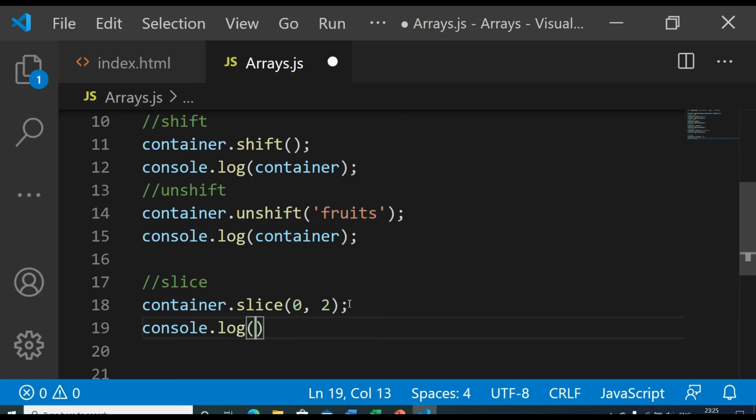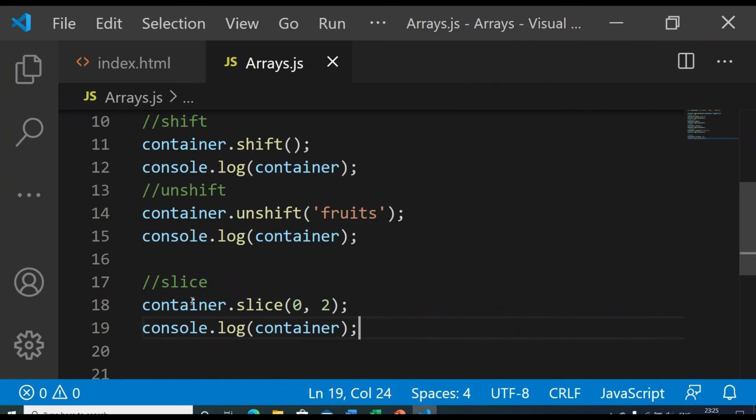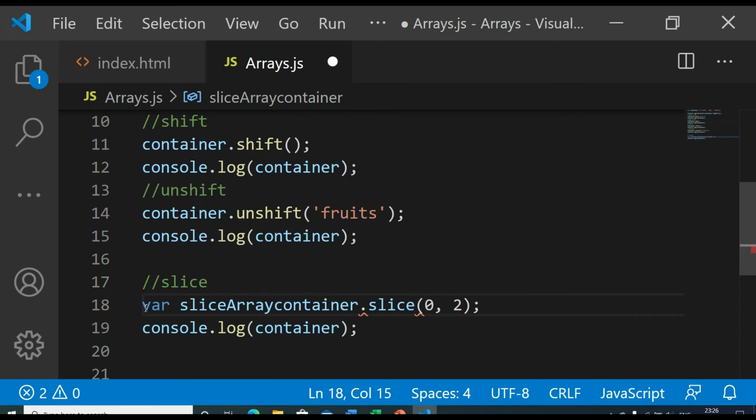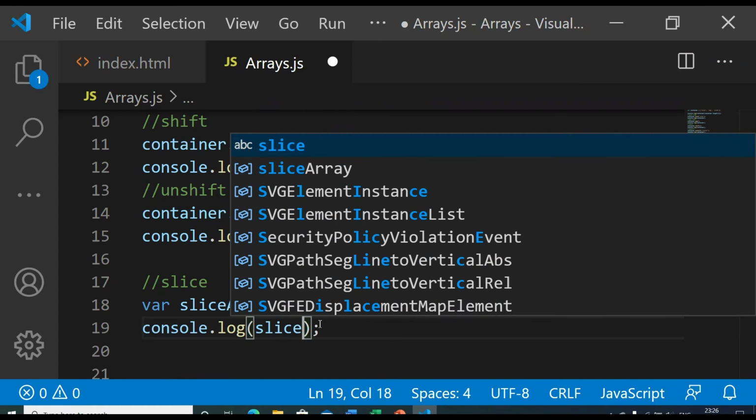So after doing slice, if I again print this container, you will see there is no change. There were 3 items, still 3 items. So it's not changing your old array. Let's say I take this returned array in one variable, slice array, and print it.